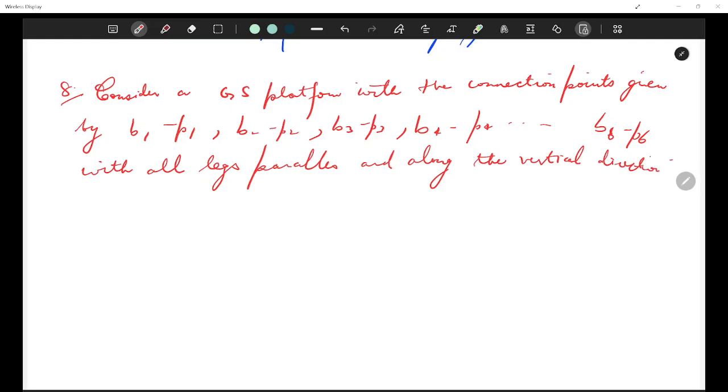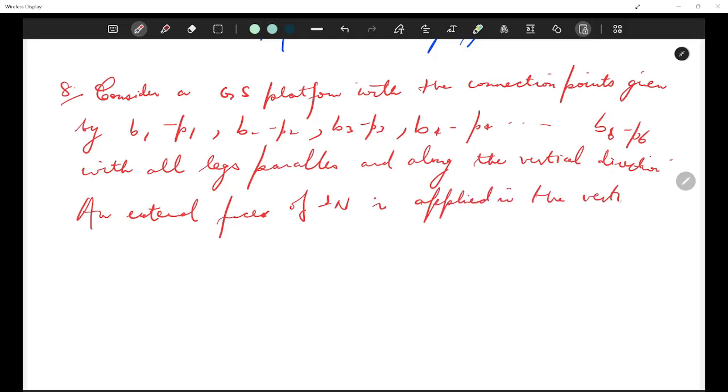An external force of 1 Newton is applied in the vertical direction. So what happens? The leg forces